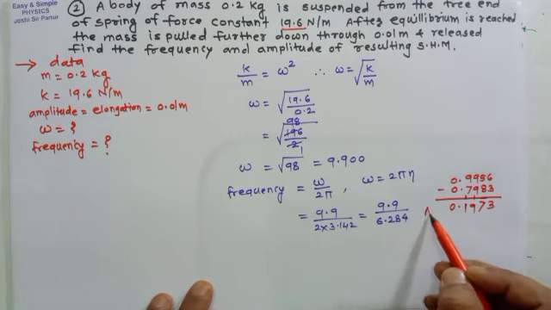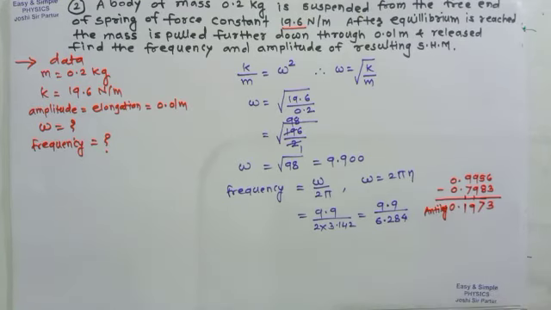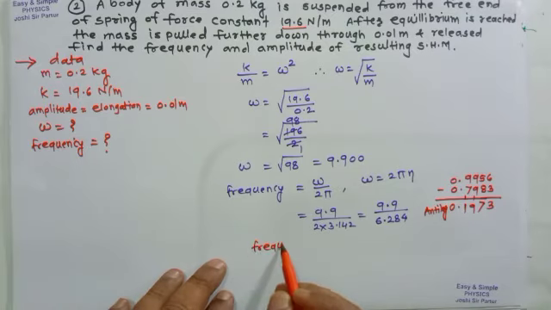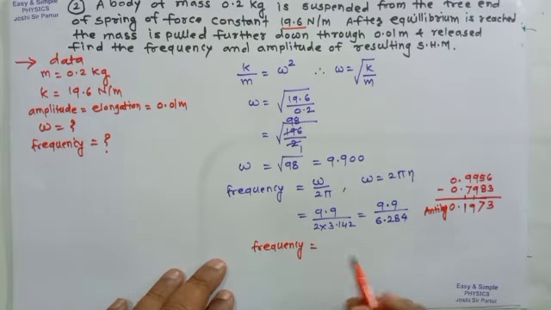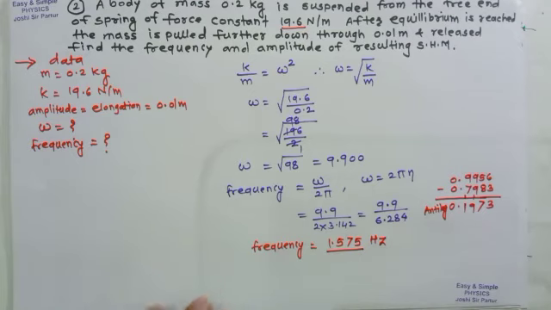And if we find out its antilog, antilog of 0.19 in 7, and 3 in mean difference, frequency is equal to 1.575 hertz. The antilog of 0.19 in 7 and 3 is remaining, so the result will be 1.575. That will be the answer for the second example.